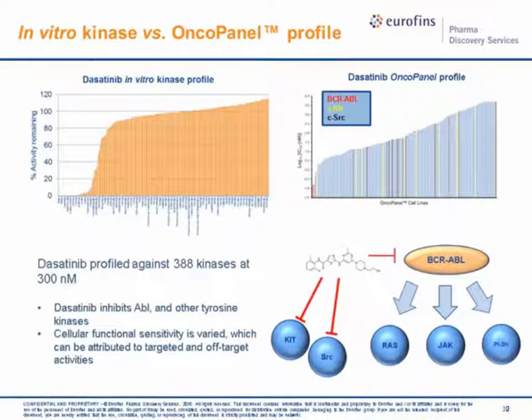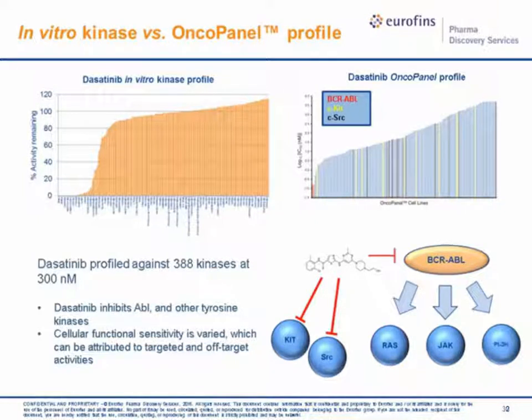Now, we can use these and profile inhibitors against these cell lines to show their activity profile. And it's important to show the functional assay profile here. This slide really just looks at an example of a kinase inhibitor, dasatinib. You may remember the in vitro profile that I showed much earlier here that shows a relatively broad spectrum of